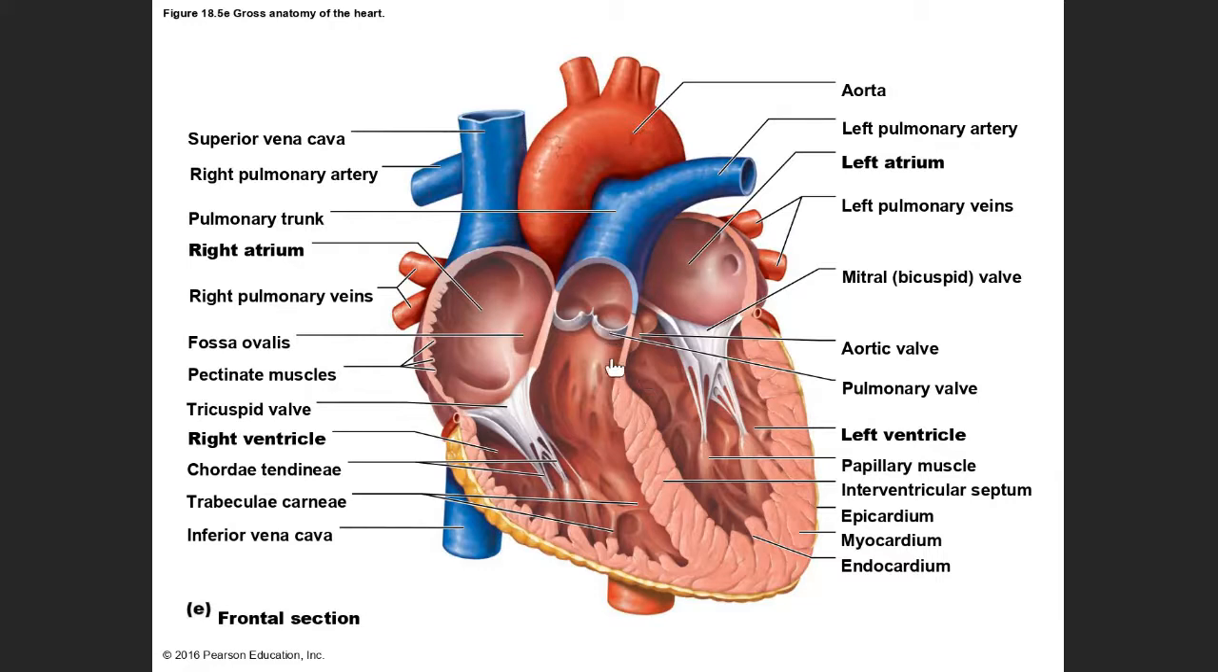And we have 2 semilunar valves that separate ventricles from major blood vessels. The first one is the pulmonary valve or pulmonary semilunar valve, all right, between the right ventricle and the pulmonary artery or the pulmonary trunk. And we have the aortic semilunar valve, which is the gate to the aorta. Okay,